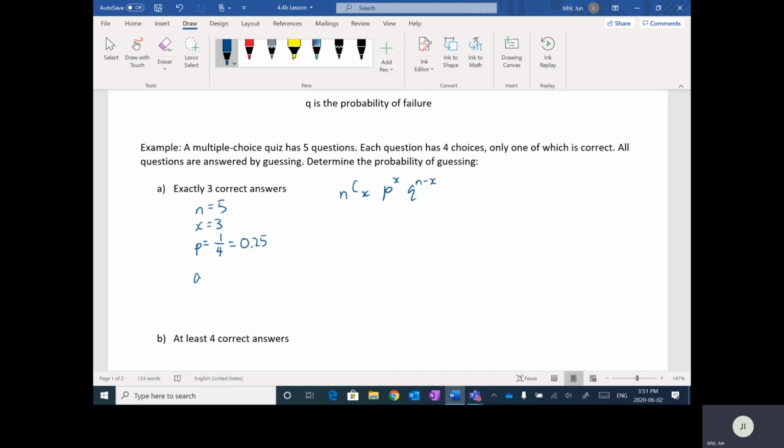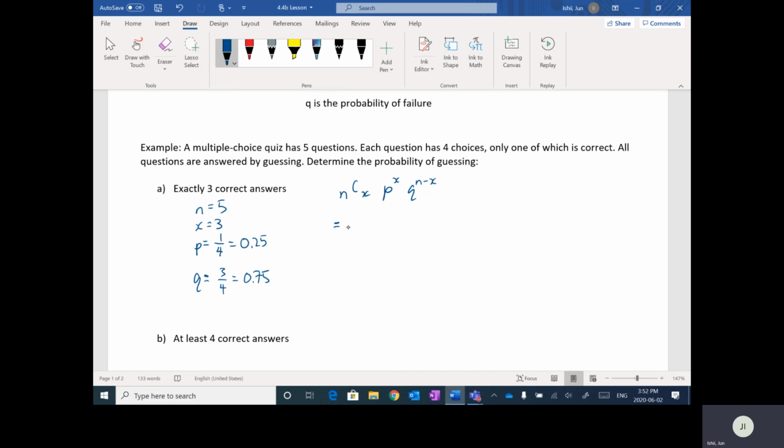And Q would be the probability of failure. So if my probability of success is 1 out of 4, the probability of failure would be 3 out of 4. Okay, so I have a 75% chance of getting the question wrong if I was to guess. All right, so if I was to sub these numbers in